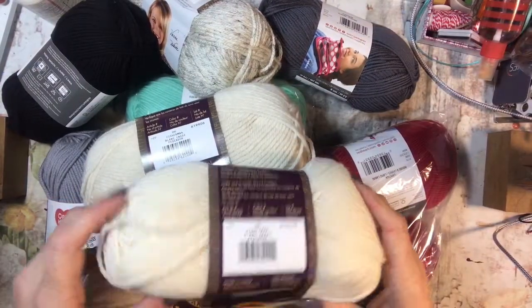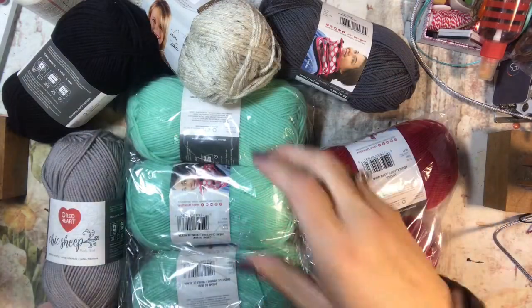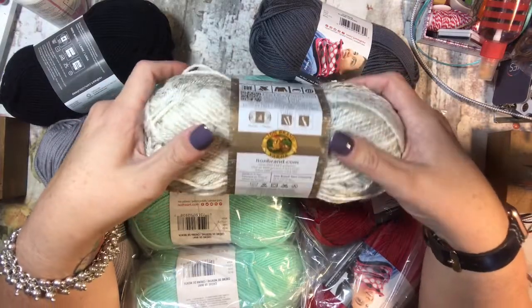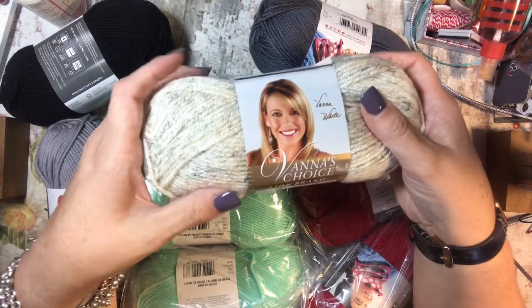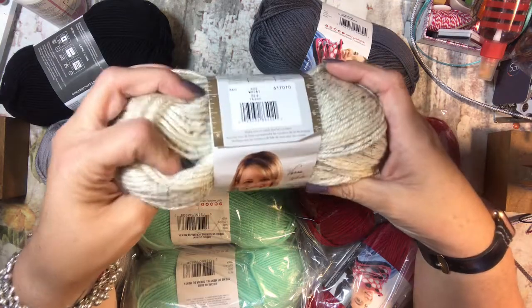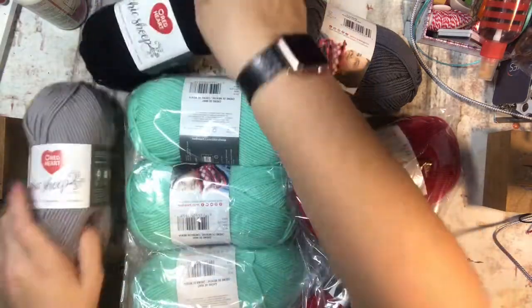These are the Fisherman. I really like this color, and these were on sale, of course, so I also like that. This one was a Fisherman type 2. It's called Wheat, and this one I think they might be discontinuing because it was really inexpensive, and it's a Vanna's Choice Lion Brand. Very nice. And then I think the rest, oh no, yes, Chic,